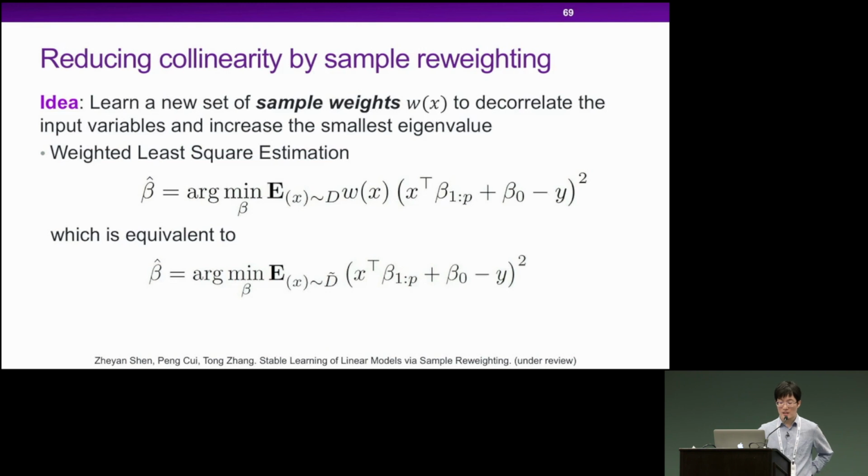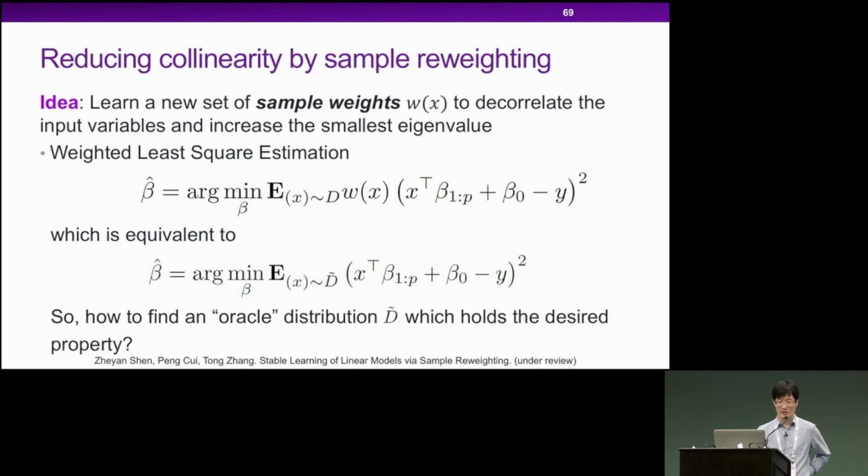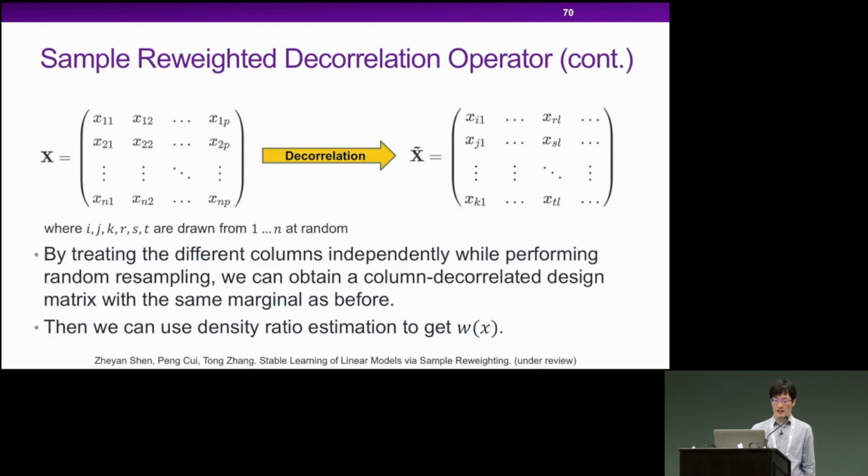So the problem is how can we find an oracle distribution, the detailed here, which holds the desired property that all of the variables are decorrelated, or at least reduce their collinearity. So we just do it in this way. This is the original design matrix, and this is a target design matrix. We hope that in the target design matrix, all of the variables have very weak collinearity or even no collinearity there. So we treat the different columns independently, and we perform